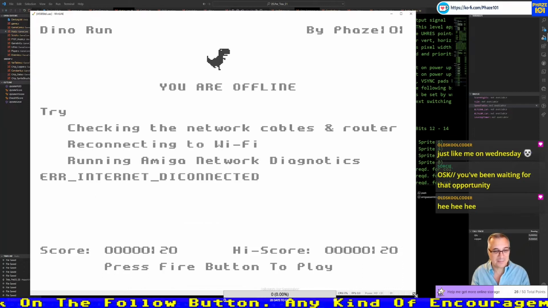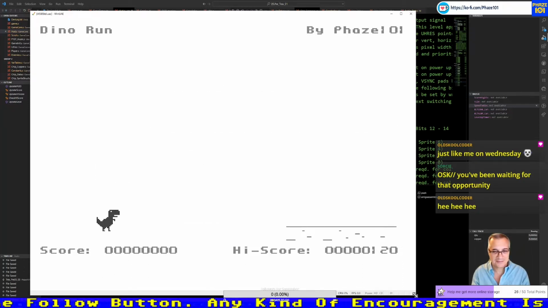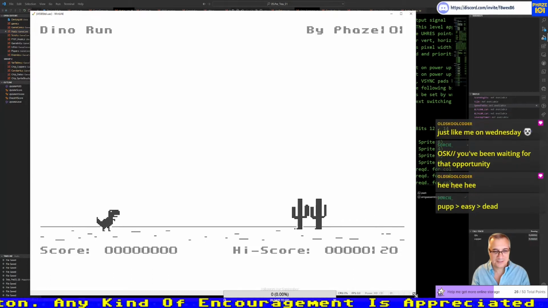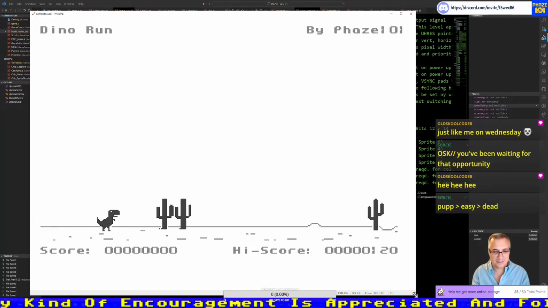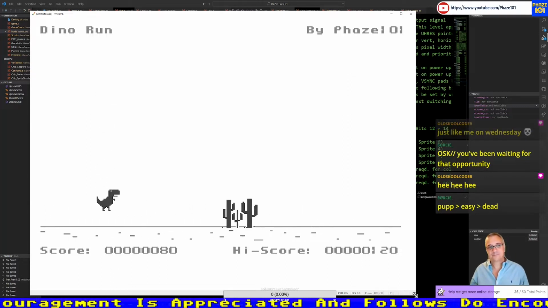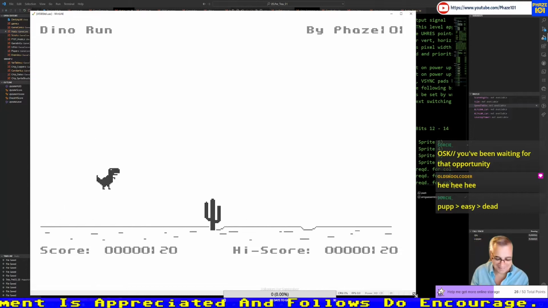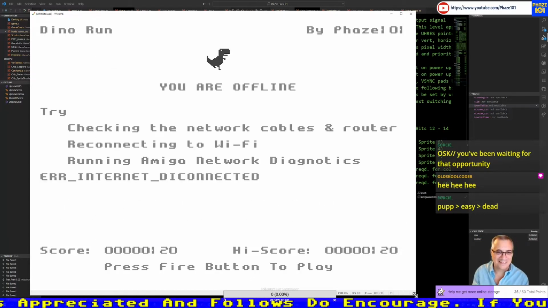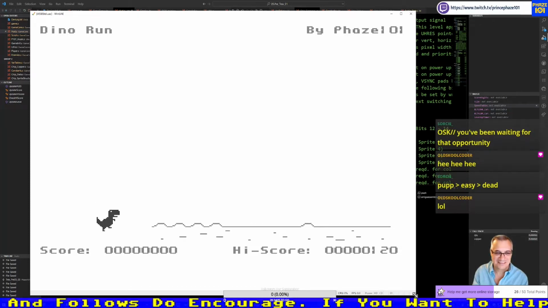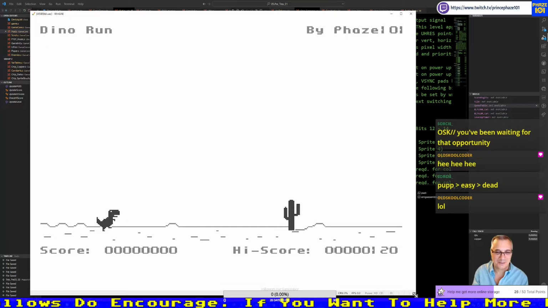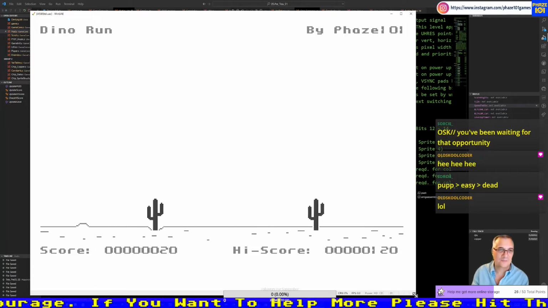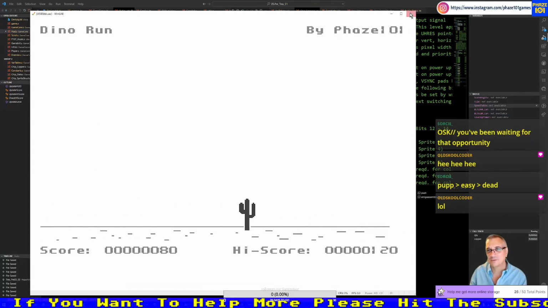Oh, and there's a bug also. I want to see it. There was a bug there with the sprite. Okay, I think I can imagine what it is.